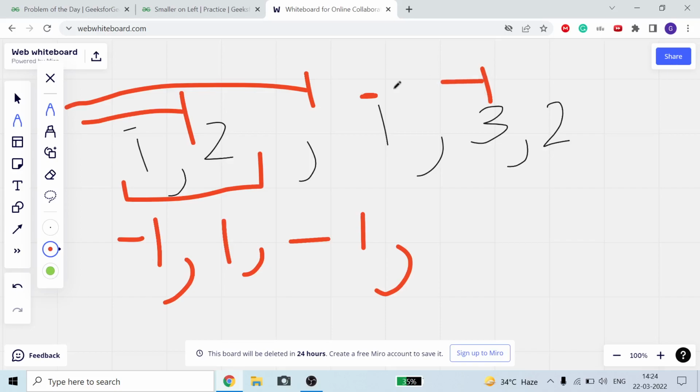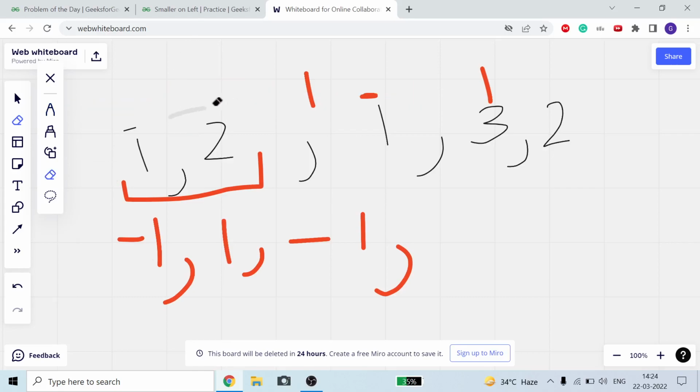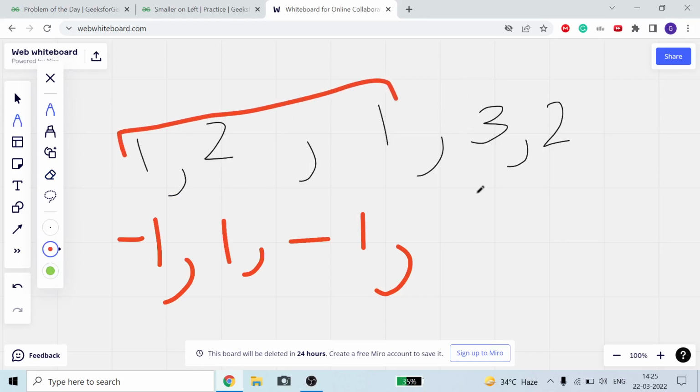Now for 3, this is the array, 1 2 1, we can say. I just erase it so it will be more visible. Okay, for 3 this is our array, and we have to find out the greatest element in this array which is smaller than 3. So 1 is smaller than 3. Yes, 1 can be the element. 2 is also smaller than 3, and 2 has value greater than 1. So 1 will not be our perfect choice. 2 is our perfect choice. For 3, 1 is also a good choice, but because we already have 2, we will not take it. So 2 is our perfect choice, and for 3 our value is 2.